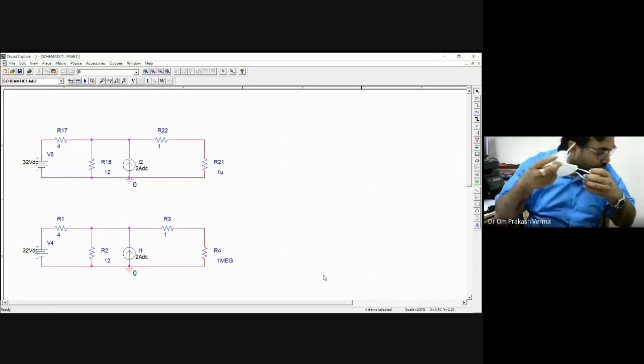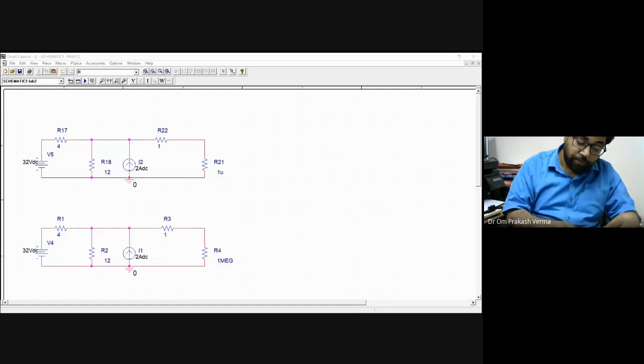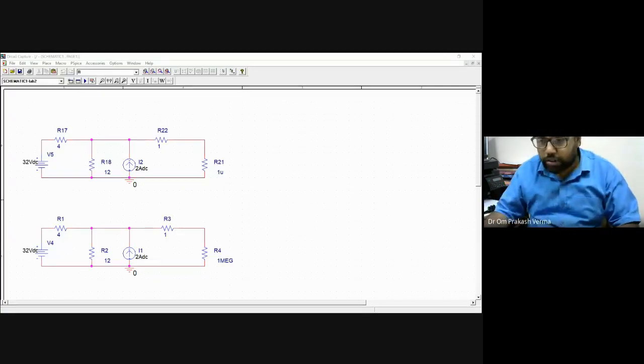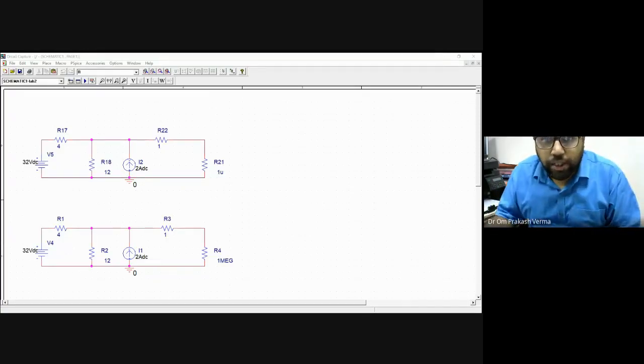Students, any doubt? You want to ask any question? So this is the demo of the Thevenin theorem. I think it is over, so everyone can understand it better. So in the next class, we will start with the Norton theorem and the maximum power theorem, right? So can you stop here, Himanshu?